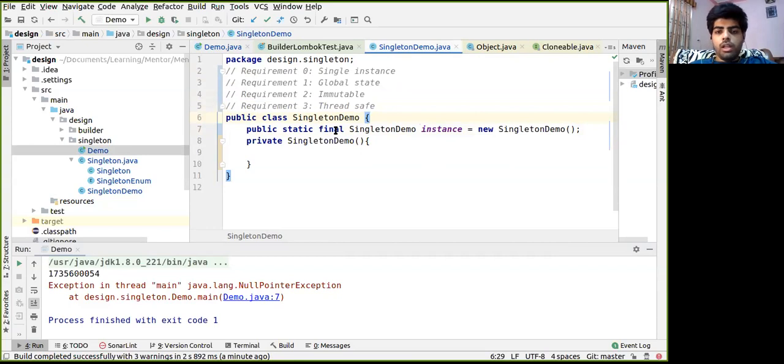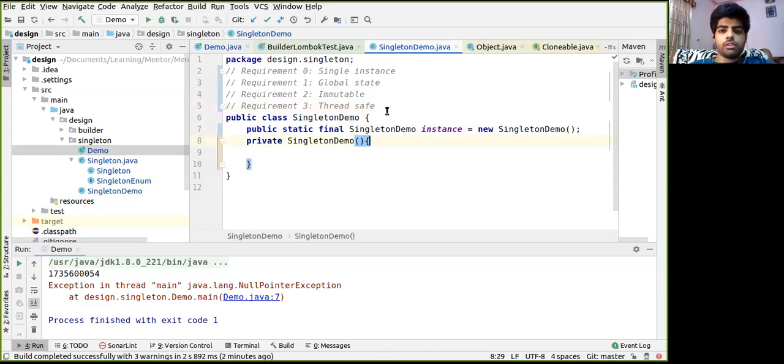Okay, so a static instance, as you would know, is associated with the class itself. So whenever the class loader loads this class, it then loads the instance along with the class. So this instance is eagerly loaded by Java's internal specification only. Anything which is loaded by the class loader is considered thread safe, as threads don't come into play; threads usually come into play after loading the class.